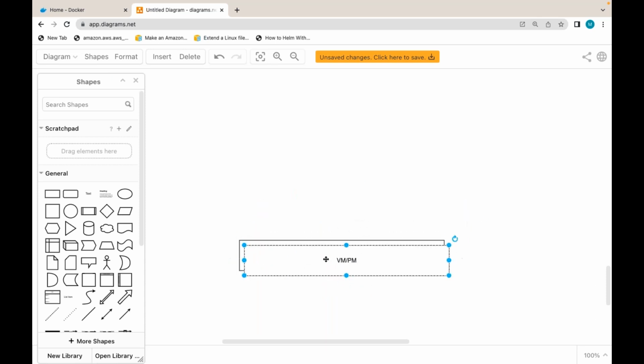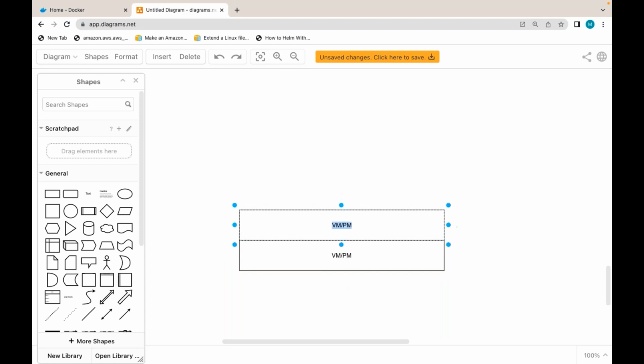So I have some operating system, let's say Ubuntu. Now I can install Docker here.